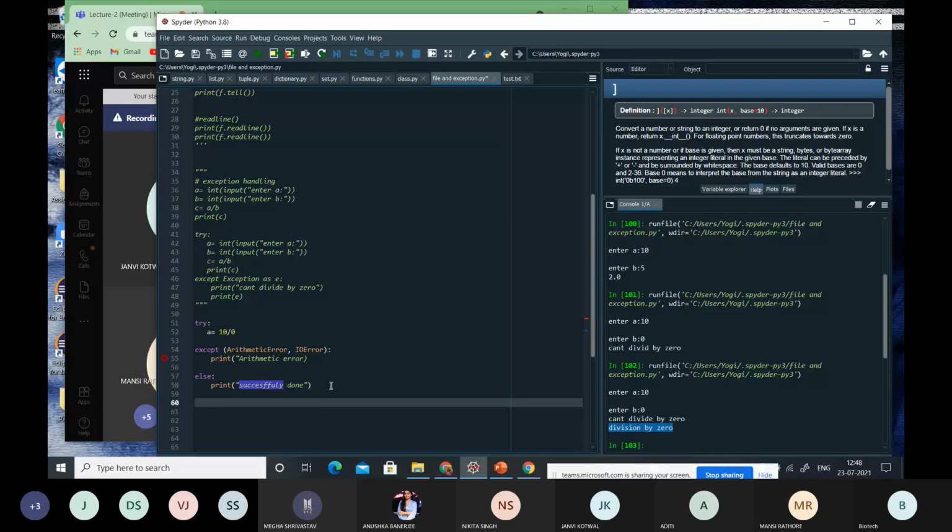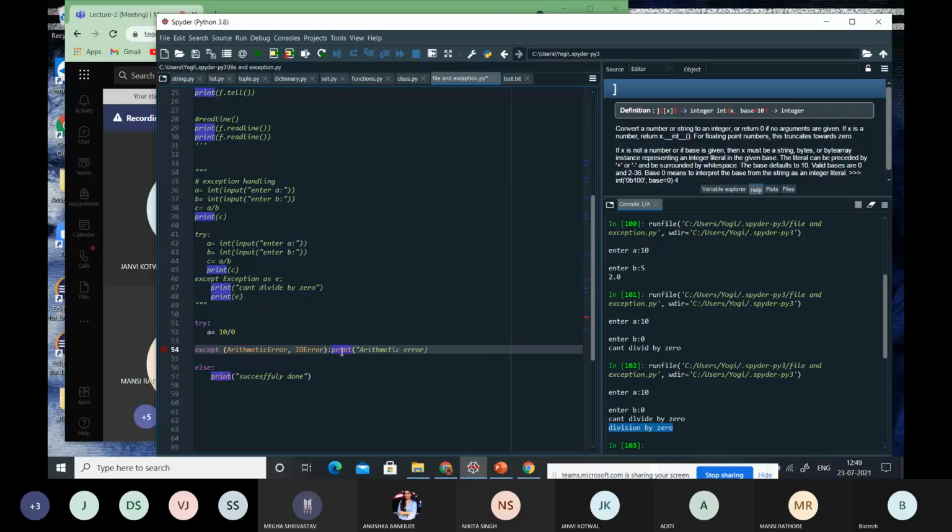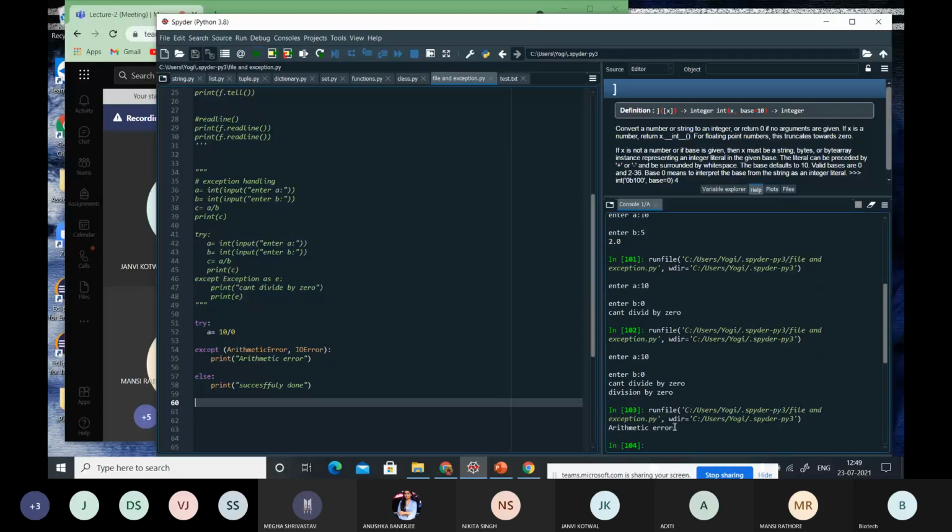If I try to run this, it has given me the arithmetic error, because division by 0 is an arithmetic error, or arithmetic exception we can say, right? So you can also put multiple exceptions in one single block.